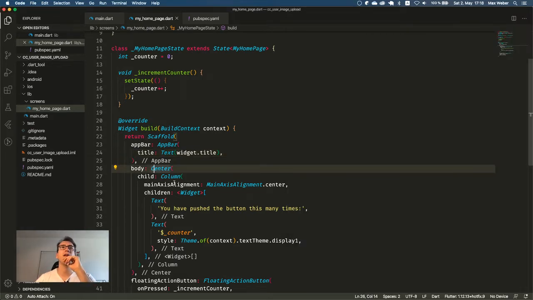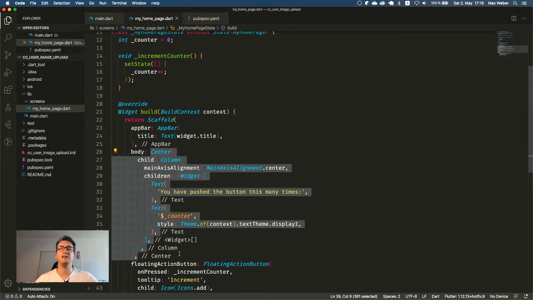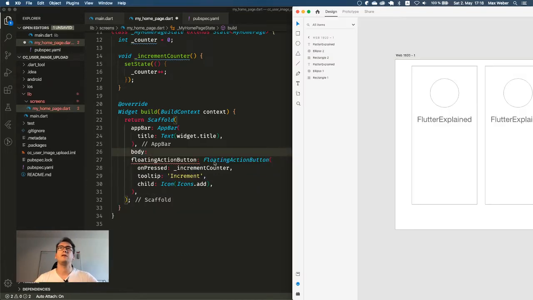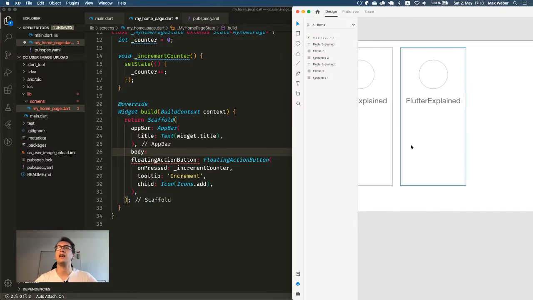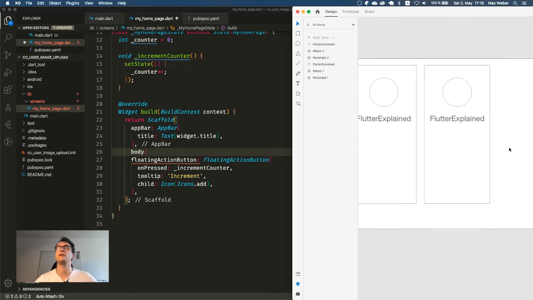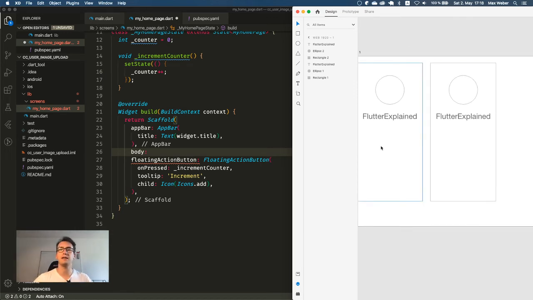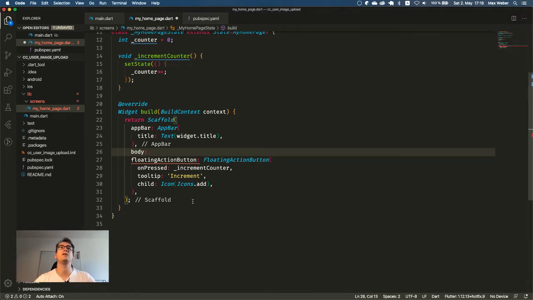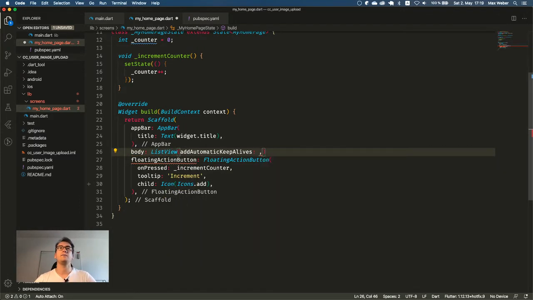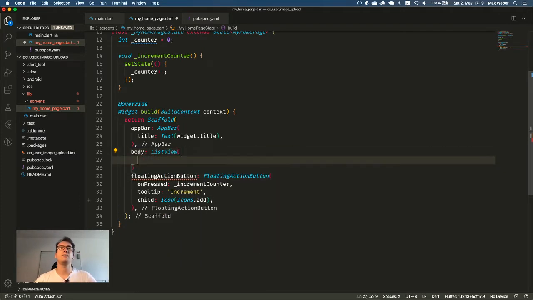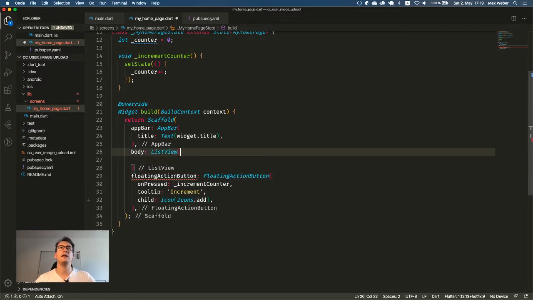But for the body, we want to have something like a list view, I think, right? Because we don't know how many of these containers we have, depending on the images that we have. Of course, we know the number exactly now, but in the future, maybe we don't. So we have a list view, and that list view has a builder.